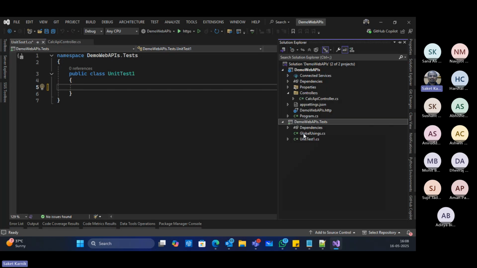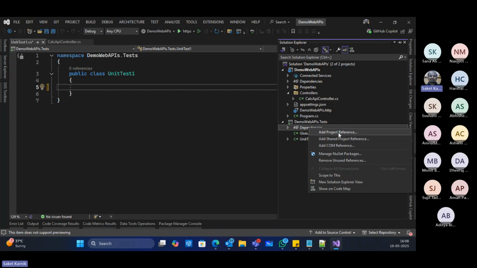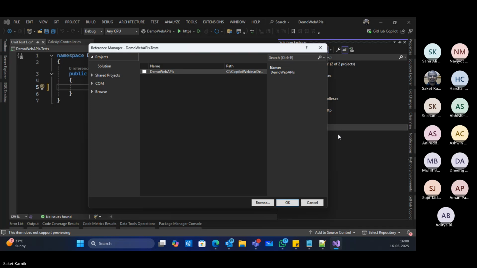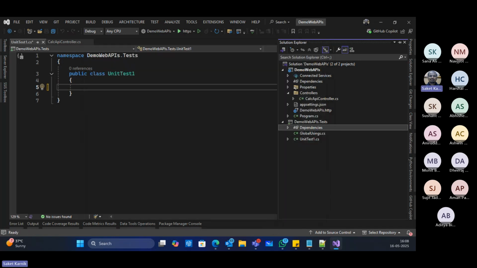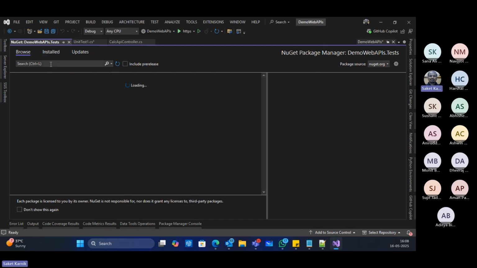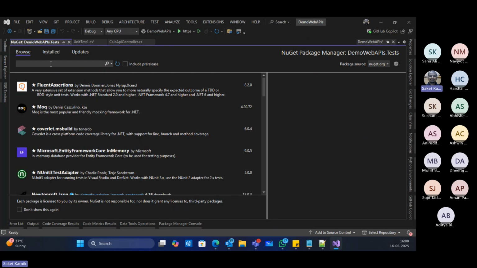First thing I do is add some references. So here I right click on dependencies and say add project reference to my demo web APIs because that's what I'm going to test, right? Then I add some NuGet packages here, standard practice only. First of all, xUnit is already added.